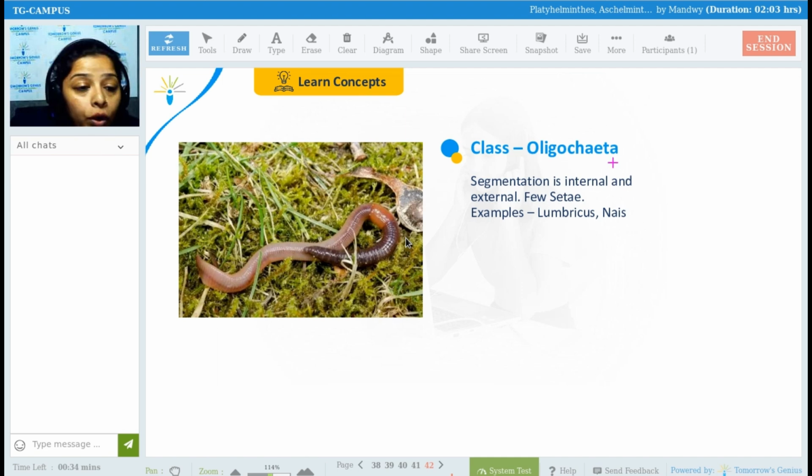Oligochaeta. Oligochaeta are those classes where the organism has segmentation internally and externally. But it is not mandatory that